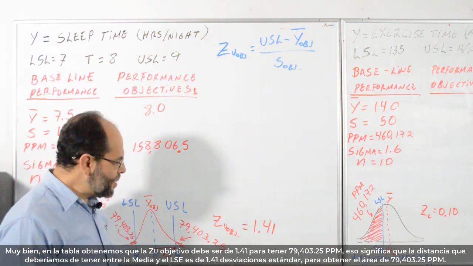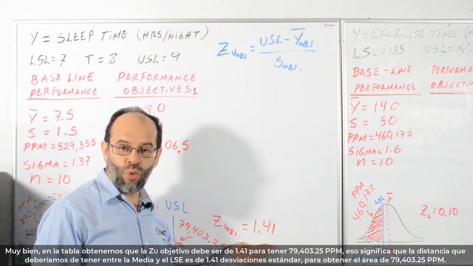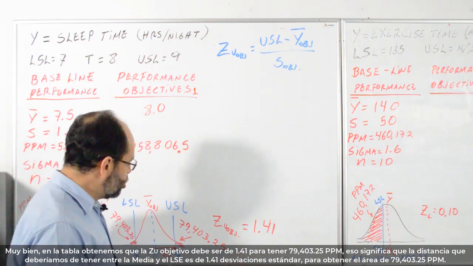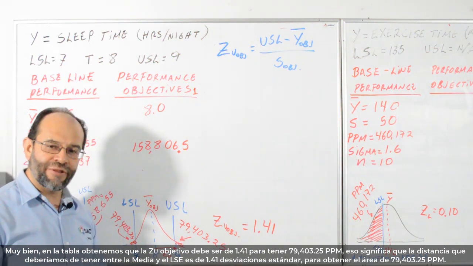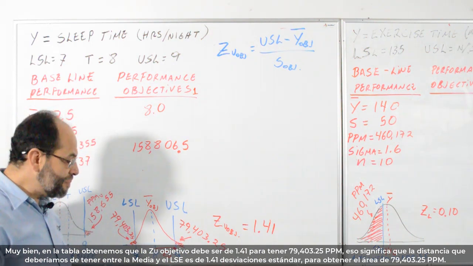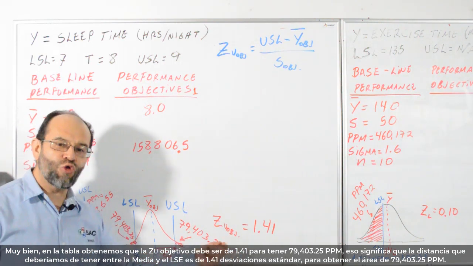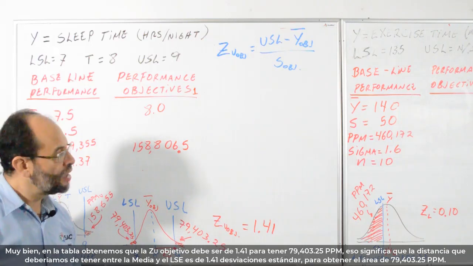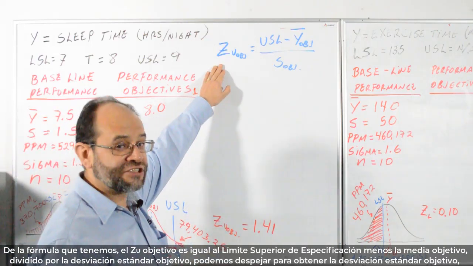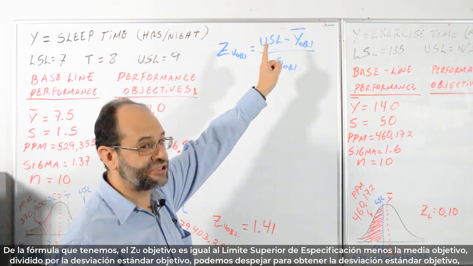Okay, then from the table we are getting that the Z upper objective has to be 1.41 to be able to have 79,400 ppms. That means that the distance that we should have here is 1.41 standard deviations to be able to get this area. From the formula that we are having, Z upper objective is equal to upper specification limit minus